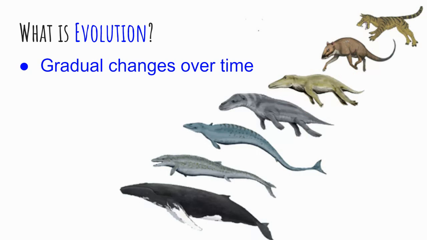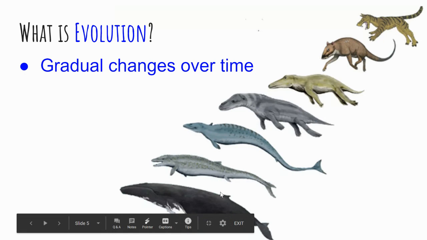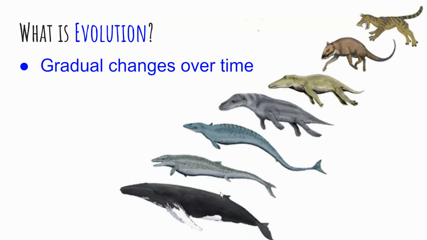Let's talk a little bit more about evolution. What is evolution? If you remember back to our characteristics of living things unit, we talked about evolution as being gradual change over a long period of time. So some people think that it's possible that whales actually emerged from something that was living on land, like some sort of ancient land animal, and that it changed gradually and moved closer to the ocean, changed gradually, and became what we know as a modern whale. That's part of the theory of evolution. It's just gradual change over time.